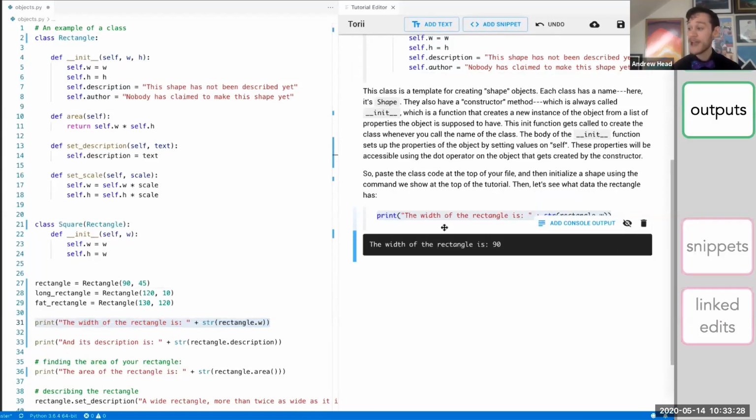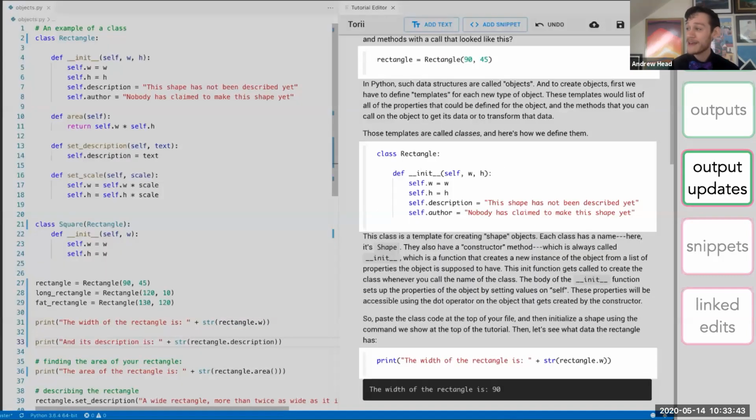And then the next step is to add an output. I can add an output by clicking Add Output beneath any of the snippets in the tutorial. And there's something magical that just happened in the addition of this output to the tutorial. Specifically, if you look at the